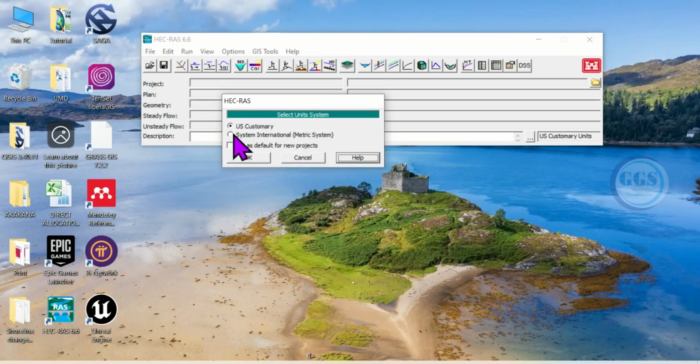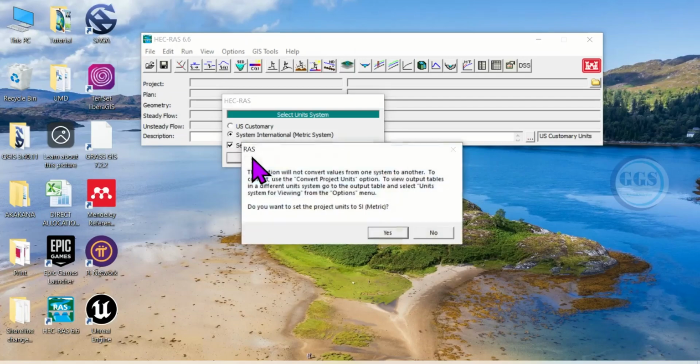system. So check it, and if you want to set it as default for new projects, check this box to set it as the default for new projects. Then click on OK. It will bring up this information. This option will not convert values from one system to another. To convert, use the Convert Project Units option. To view an output table in a different unit system, go to the output table and select Unit System for viewing